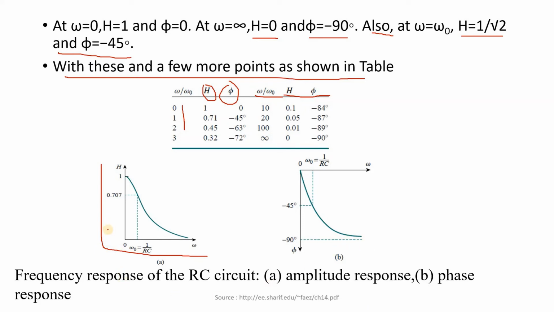So I hope you get some fair idea about the transfer function, what its importance is and how you go about it. First of all, you need to solve it using KVL and KCL, and then we have to find this equation, separate out the real and imaginary parts, and later on we have magnitude as well as phase, and we have these values for magnitude and phase, and then we have plots like this.